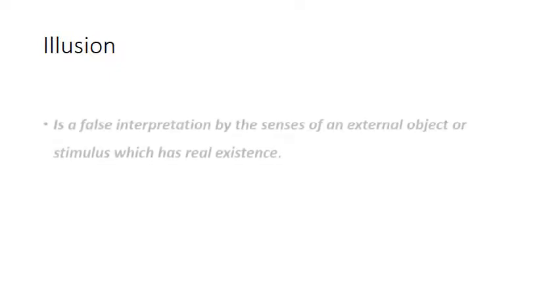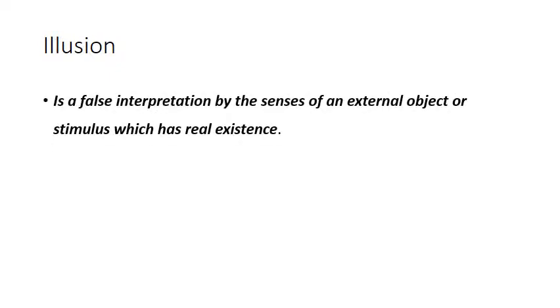Coming to the next word, that is called illusion. Illusion is nothing but the false interpretation by the senses of a person of an external object or a stimulus which has a real existence. So note down the difference. In hallucination, it is a false sense of perception by the senses, and there is no external stimulus or an